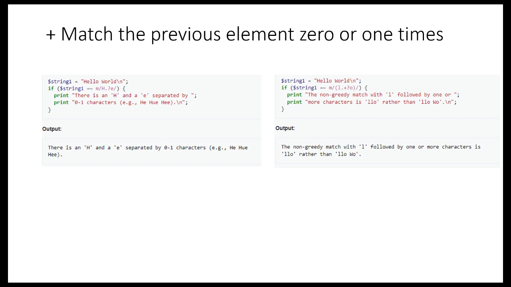Now, this shouldn't be a plus, that's a typo. It should be a question mark. So a question mark matches a previous element 0 or 1 times. So this gives us an option. So in this case, we've got hello, and we're trying to match the H and then a dot, question mark, E. So we match the H in hello, and then the dot says match any character, E,